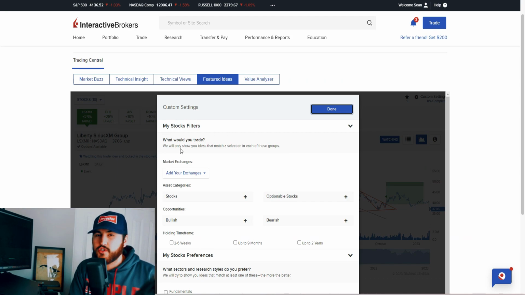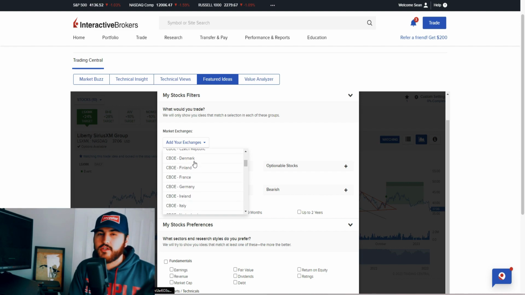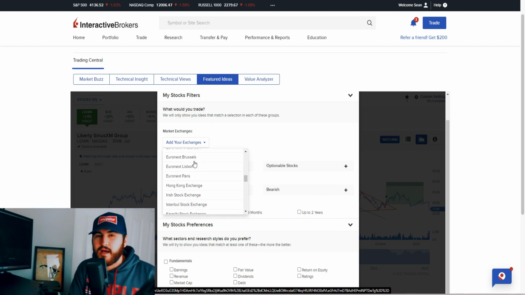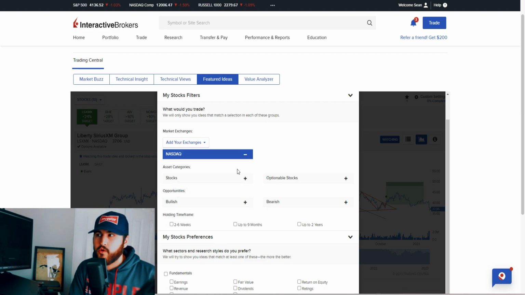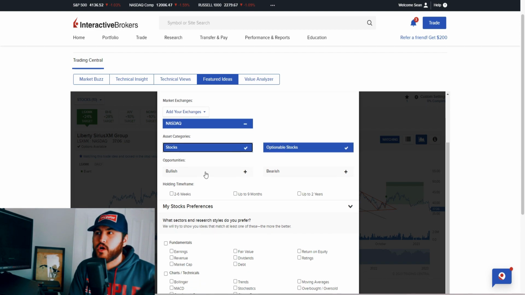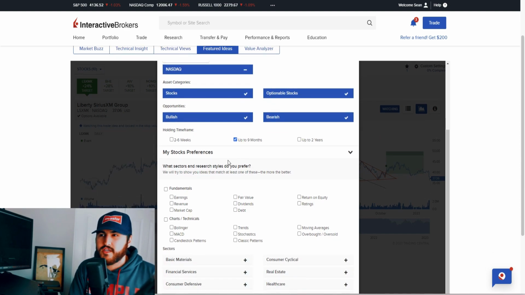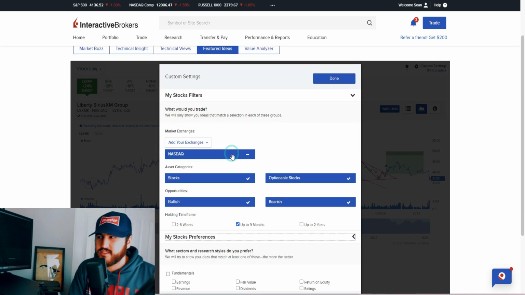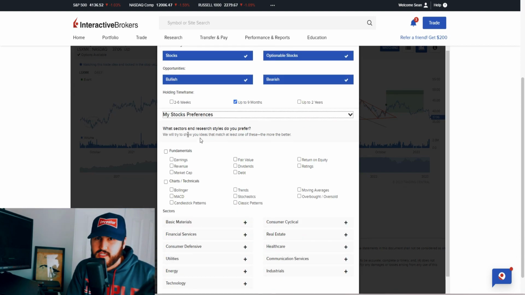If you're looking for some European stocks, you can pick the London Stock Exchange, for example. Then you can look for stocks that have options. You can look for opportunities that are bearish or bullish or both. You can choose a holding time frame of 2 to 6 weeks, up to 9 months, or up to 2 years. Then you can look at some other stuff, some fundamentals, some things on the charts. You can filter out certain sectors, and you can basically create your filters to suit your needs or what you